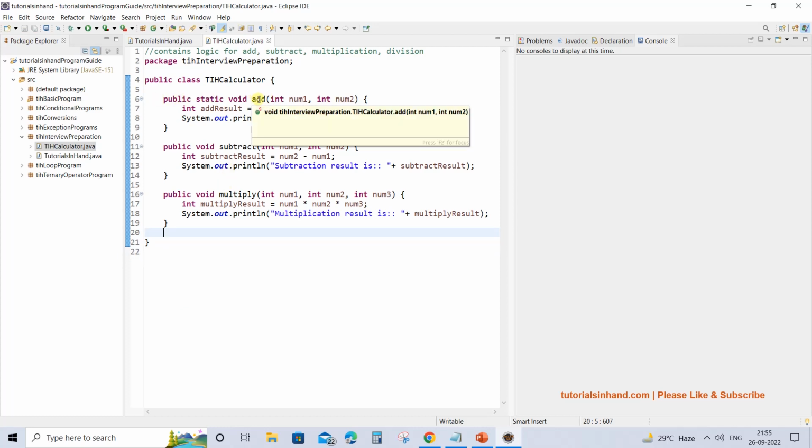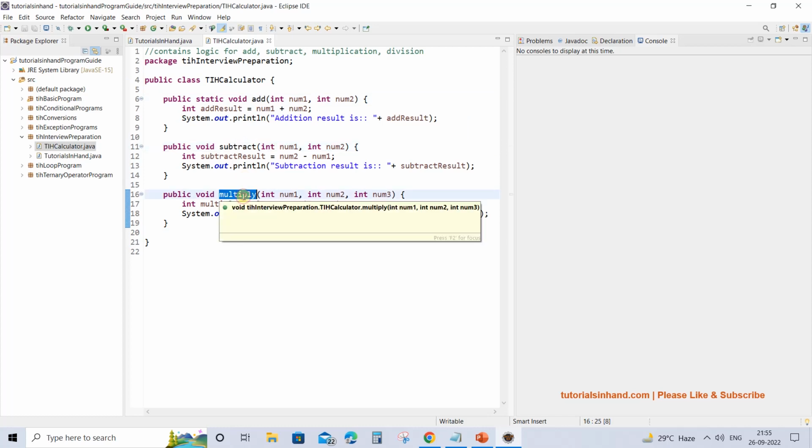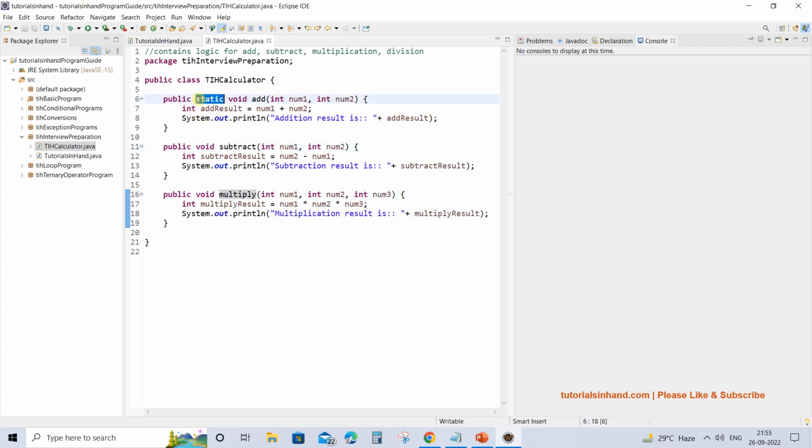So here we have three methods: add, subtract and multiply, and we see that one of the methods is static and two other methods are non-static because we have not used the static keyword with these methods. That means subtract and multiply are non-static methods, right? And add is static. If you see static being used with a method, that means this particular method belongs to the class, and to access any static method of the class you don't need to create an object. You can directly access this method by using the dot operator on the class name. So let's see how we can do that.